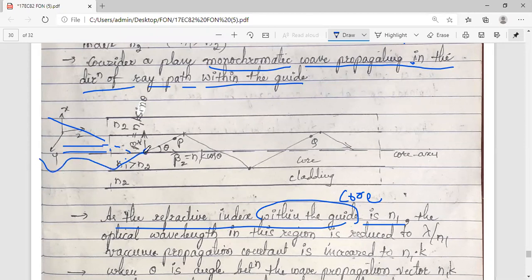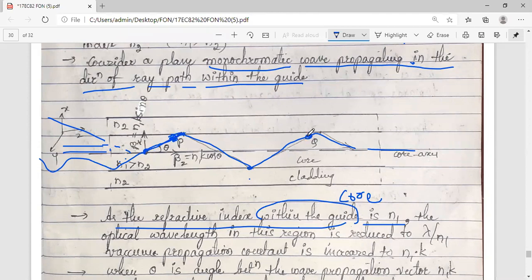So at this point refraction continues, it will hit the interface between core and cladding, then total internal reflection occurs, and this continues. So the ray is propagating along the axis, in one direction. So there is only one dimension, only one variable we can consider, the distance. Okay, so what is happening here, you can see a ray which is passing here, some point P I have taken here.